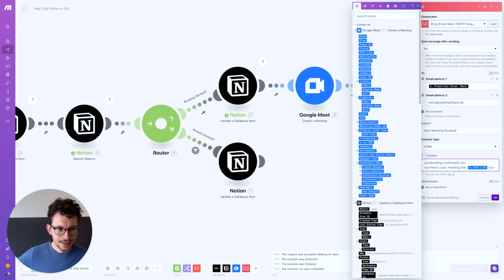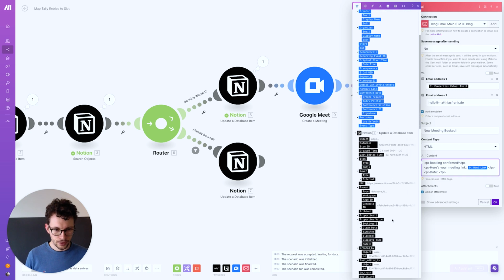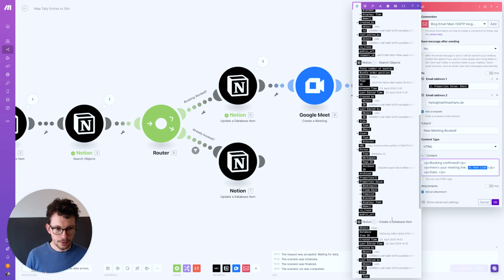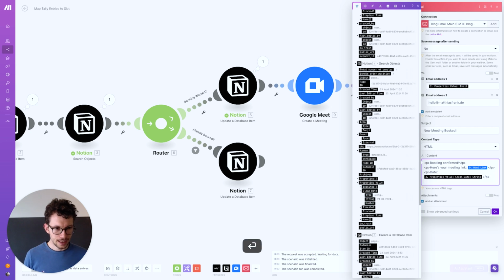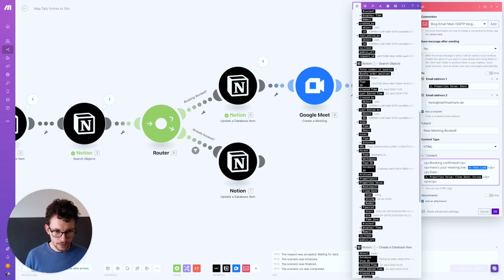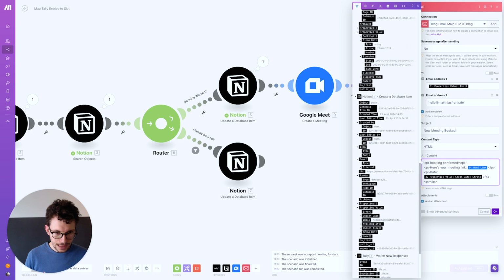We'll test in a second, and then we just put, like the date. We can pull from here, so we have our clean date, right? So we take clean date, this one, and then we take time, and again, just like wrapping it all in P so that they're on separate lines. Date, the time slot, where was it? Here under the create database one, chosen time,